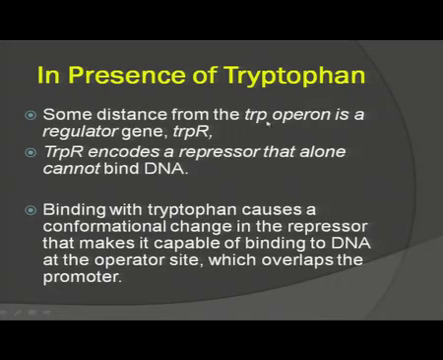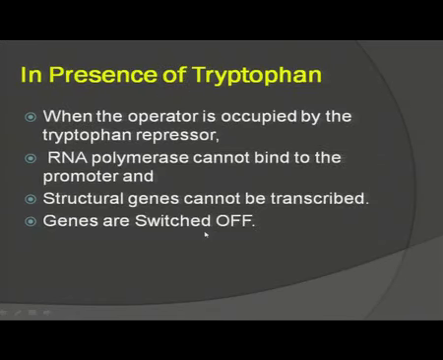Some distance from the TRP operon is a regulator gene, TRPR. TRPR encodes a repressor that alone cannot bind DNA. Binding with tryptophan causes a conformational change in the repressor that makes it capable of binding to DNA at the operator site, which overlaps the promoter. So, you can see here in the diagram,